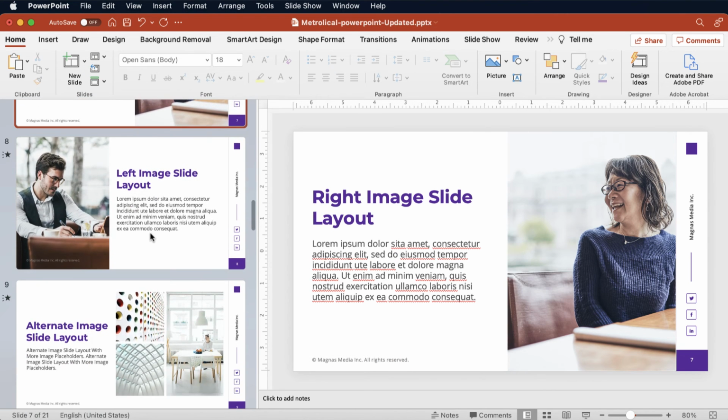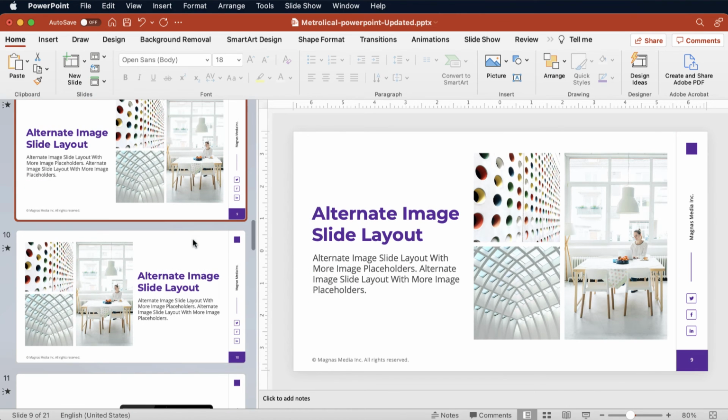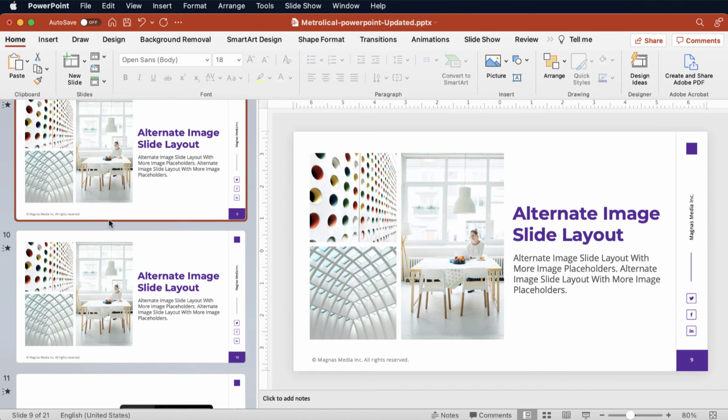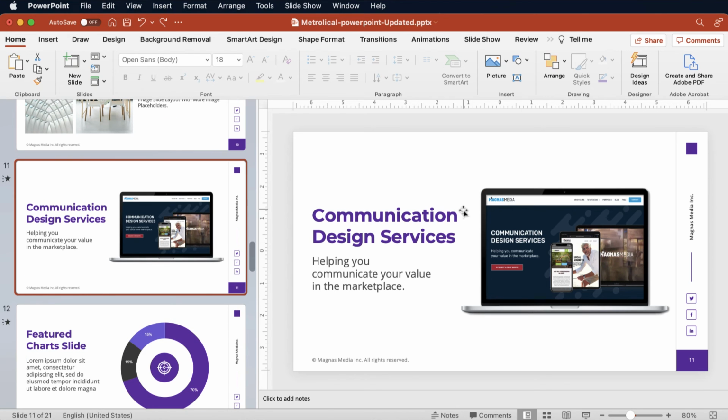I created one aspect with a sidebar, and I did like that collage of photos. So you'll notice here I created it with the images on the right and images on the left. So it's very easy to snap in place. And now for these placeholders where you've got a device that you want to mock up, I highly recommend